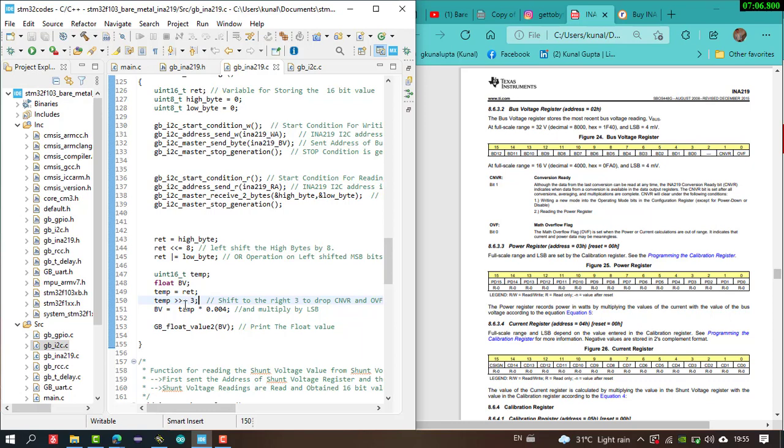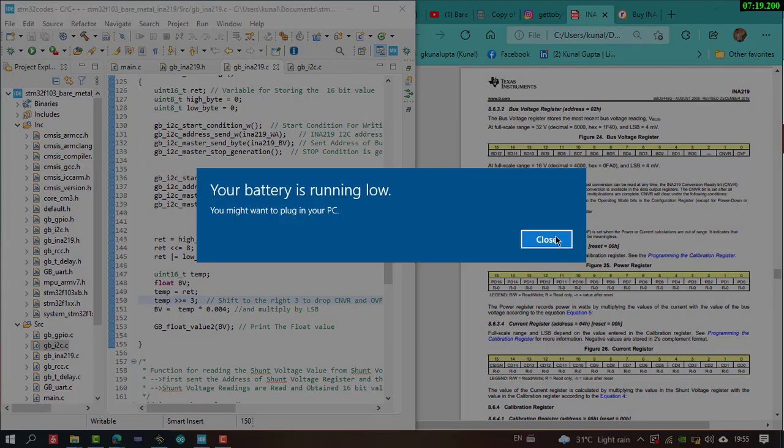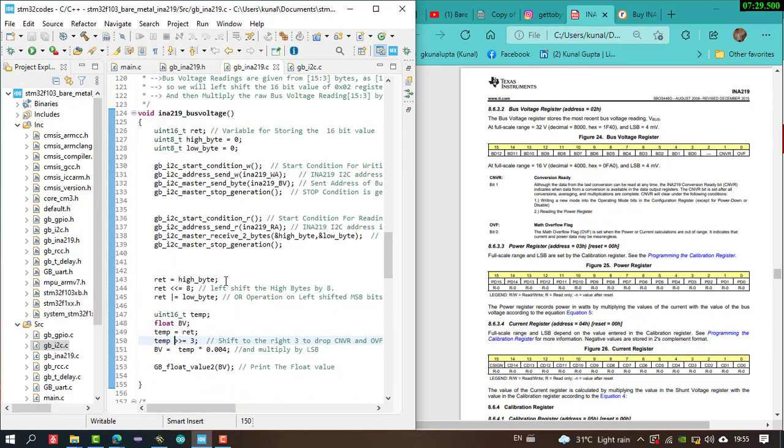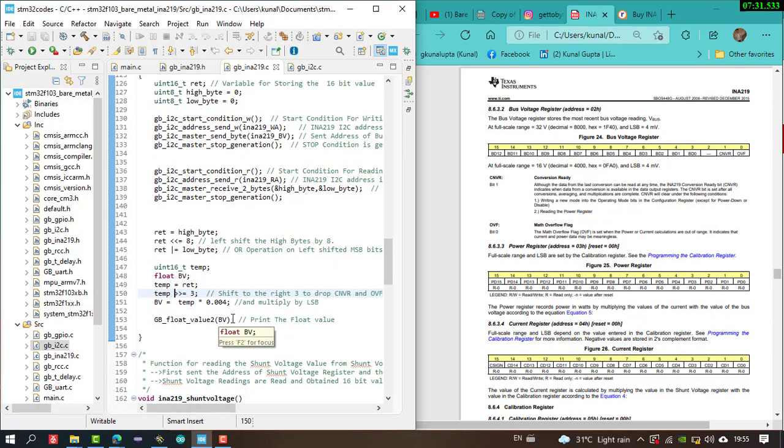So first I have right shifted by 3 bits so that those 3 bits are dropped, and then I have multiplied the raw value, the decimal value, by the LSB multiplier, that is 0.004, as specified in the INA219 data sheet, and then print the float value of the bus voltage.